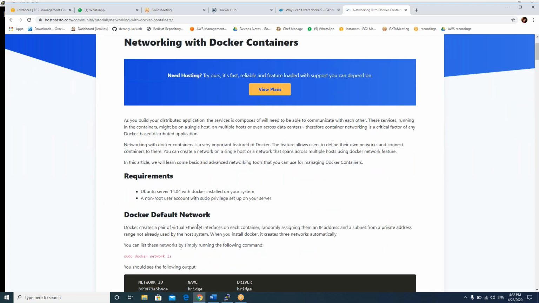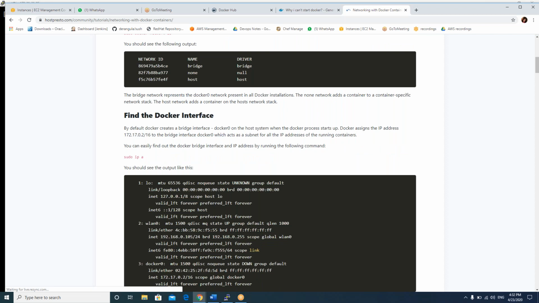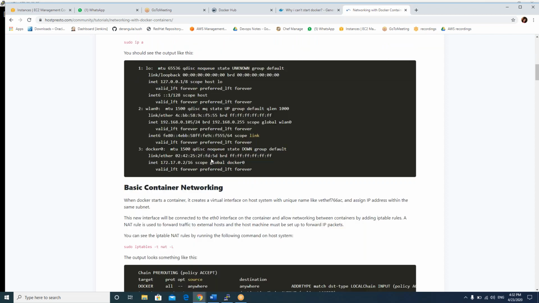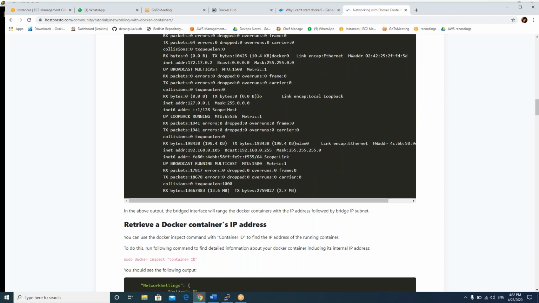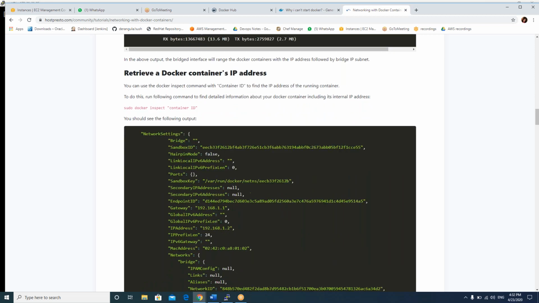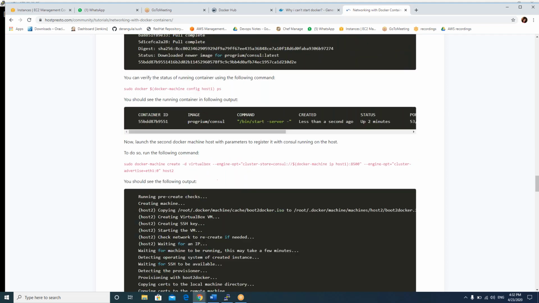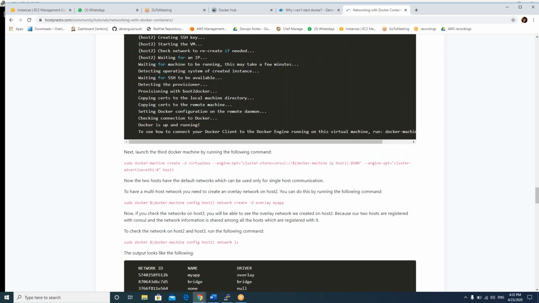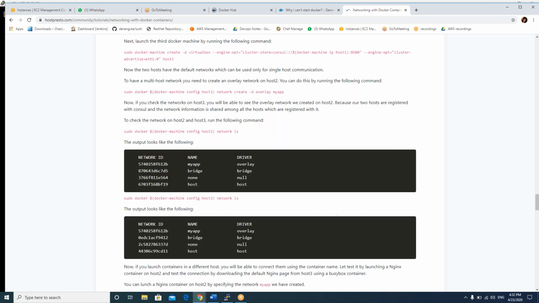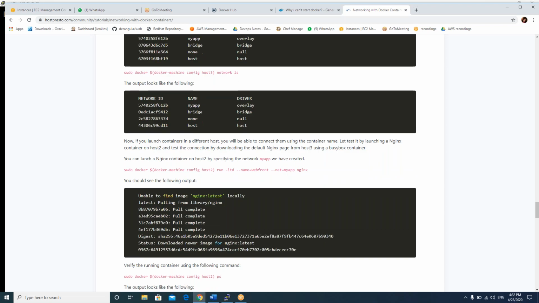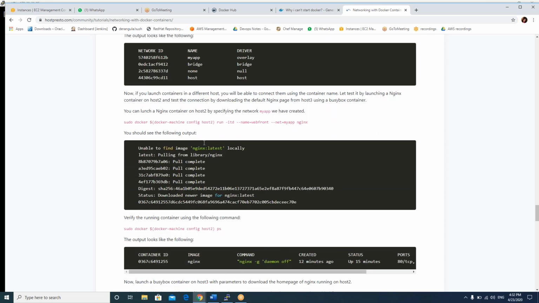Come down. Wait. Just search for the Docker run command.